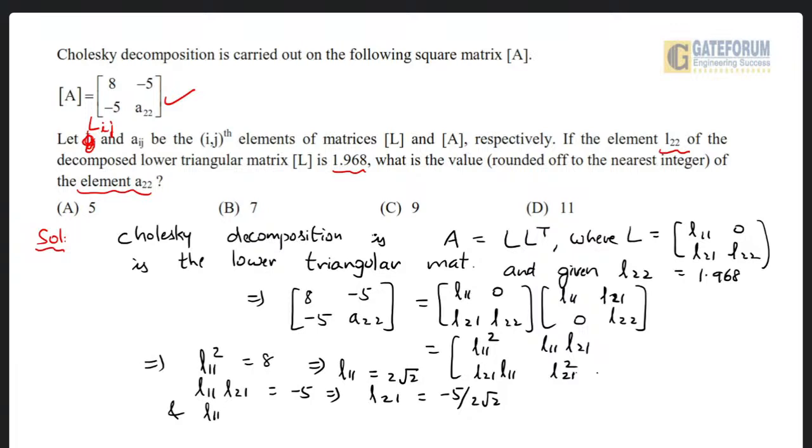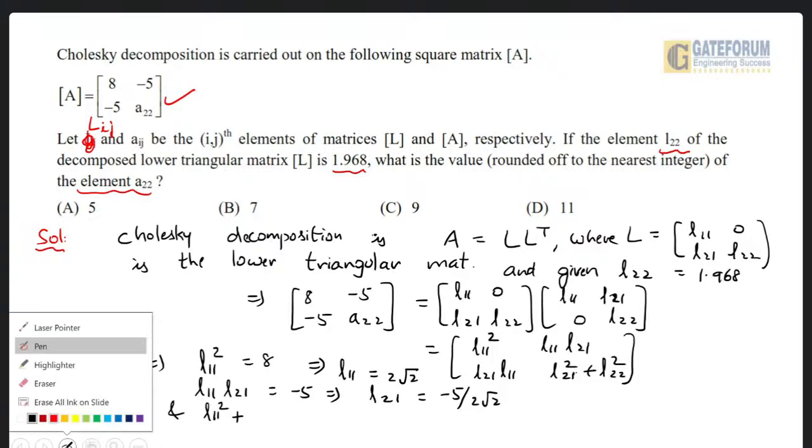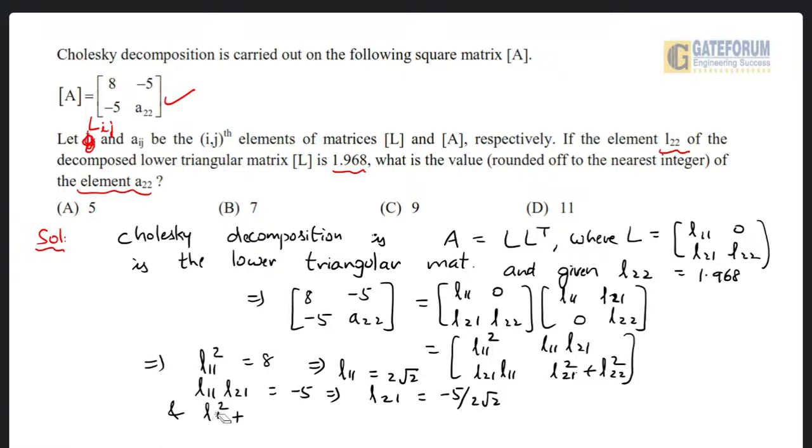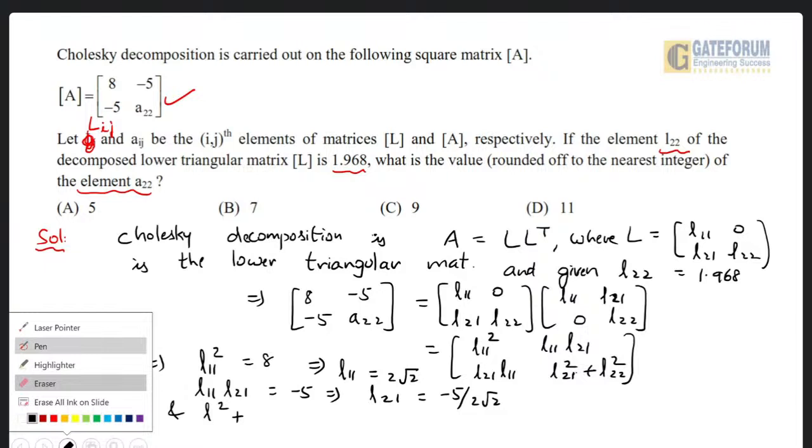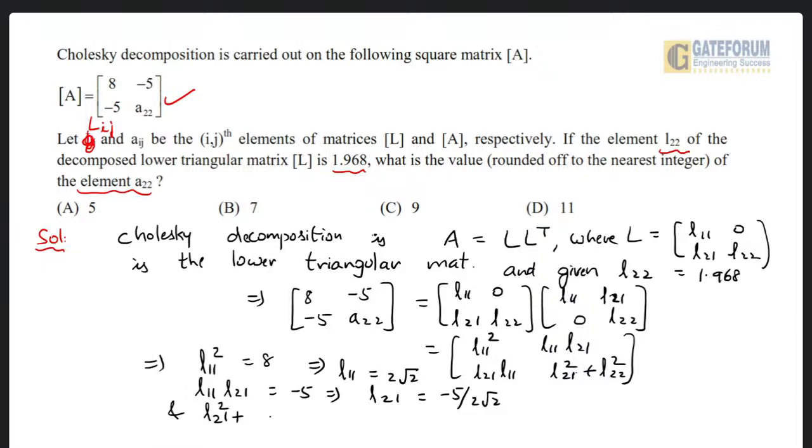I forgot to write here L21 square, L22 square. Now L21 square plus L22 square is equal to A22. Okay, so from this A22 is equal to 25 by 8 plus